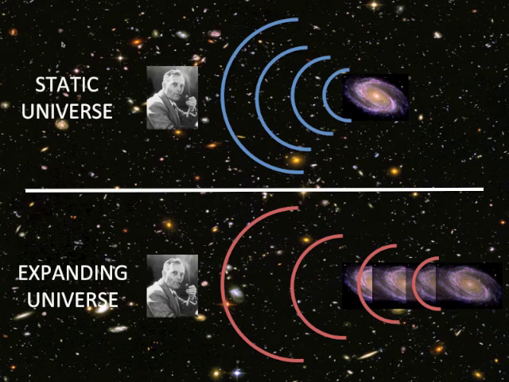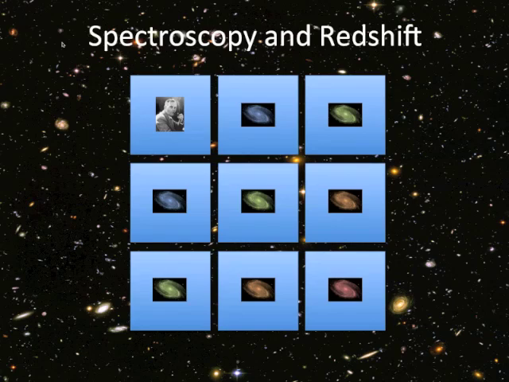The separation between these two pulses is longer, right? And the galaxy keeps on moving and moving away from us in an expanding universe. The further away the galaxy is, the faster it will seem to be moving away from us, so the larger would be the separation between these pulses.